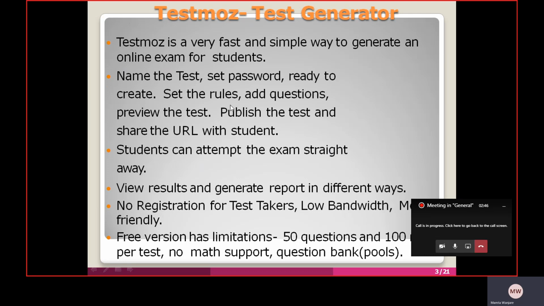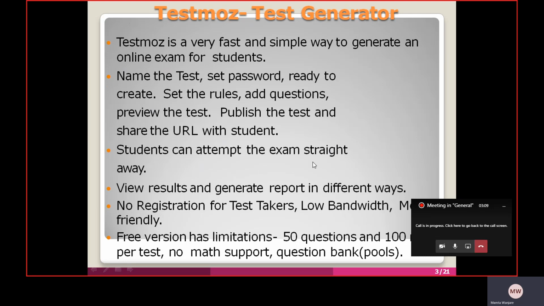Different rules are there. Set those rules, add the questions you require, and preview the test. Publish the test and share the URL, that link, with your students. If you want, give the passcode to your students. Students can attempt the exam straight away.